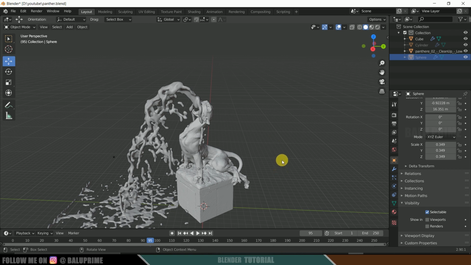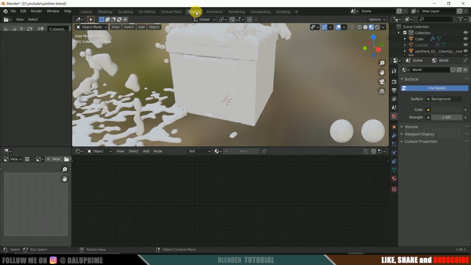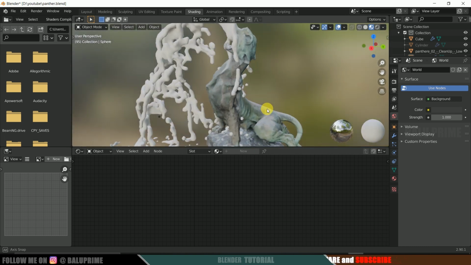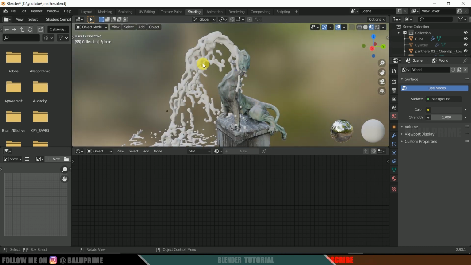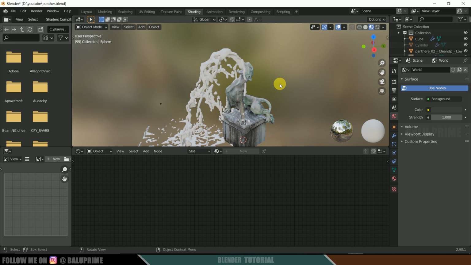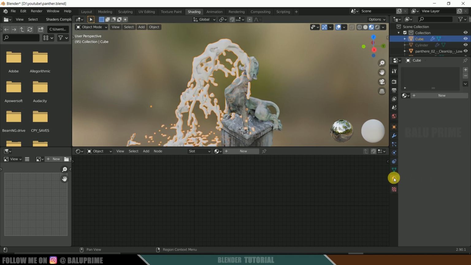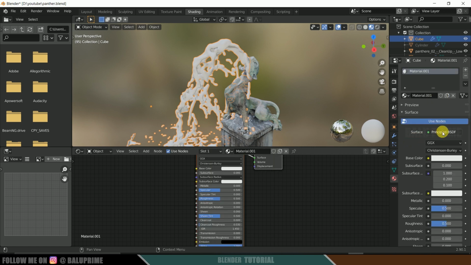Now let's move to the shading portion. Click on this shading tab here. Here you can see our model got textures already. So we need to add material for our liquid only. Select that fluid, click on material properties, add new material. Let it be principled shader.